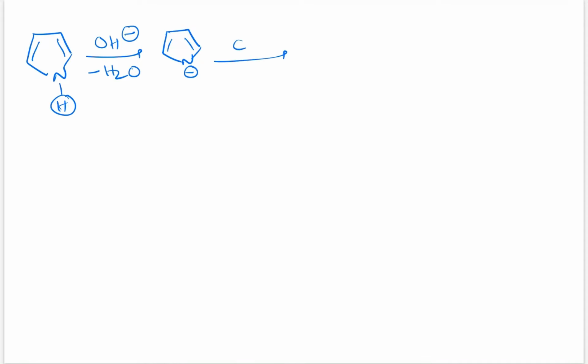You are having pyrrole, and this pyrrole on reaction with OH minus, this is an acidic hydrogen, so it will react with OH minus and go out as a water molecule and form a nitrogen with negative charge. Now this will be attacking the dichlorocarbene electrophile. As a nucleophile, it will go and attack. So when it is attacking, you see here, a very interesting point will happen.